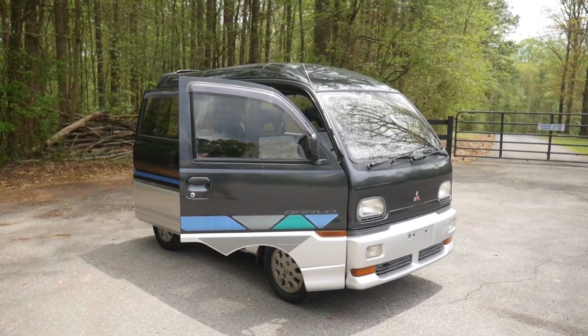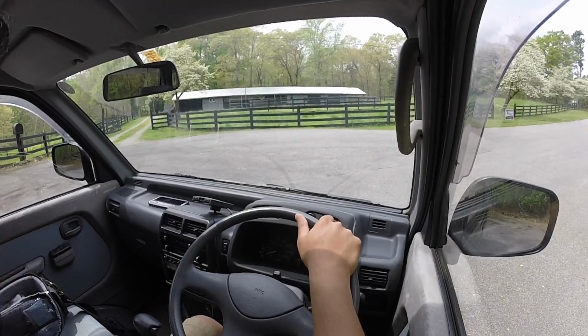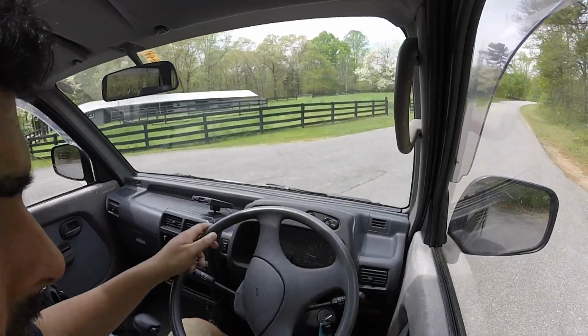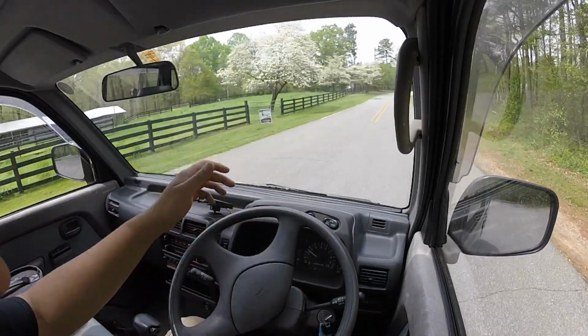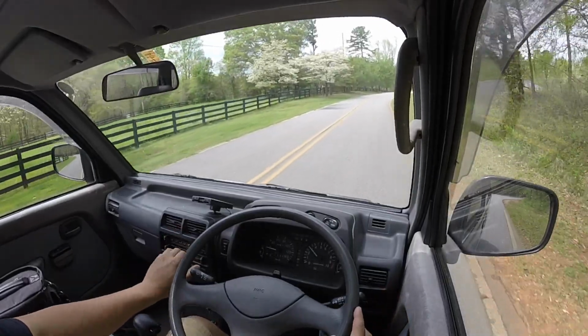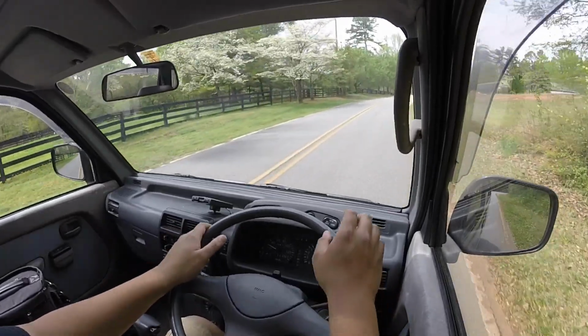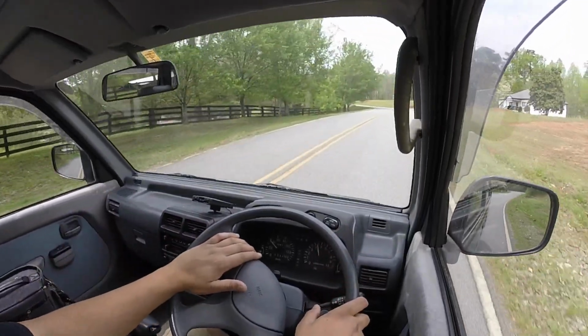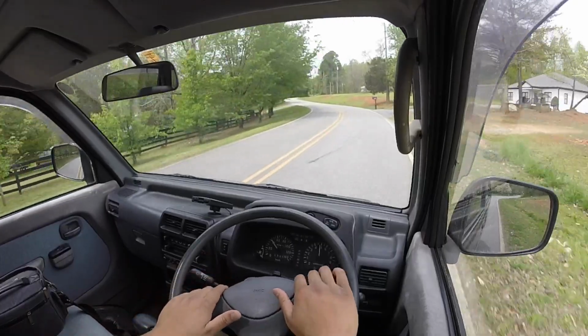I'm gonna go do some driving around real fast. See you guys in a second. And let's take this thing for a spin. Automatic windows too, forgot to mention that. Automatic locks. AC's blowing ice cold. Don't need it that high, don't want to mess the sound up. Don't know if the GoPro audio will pick up that little turbo spooling in the back, but